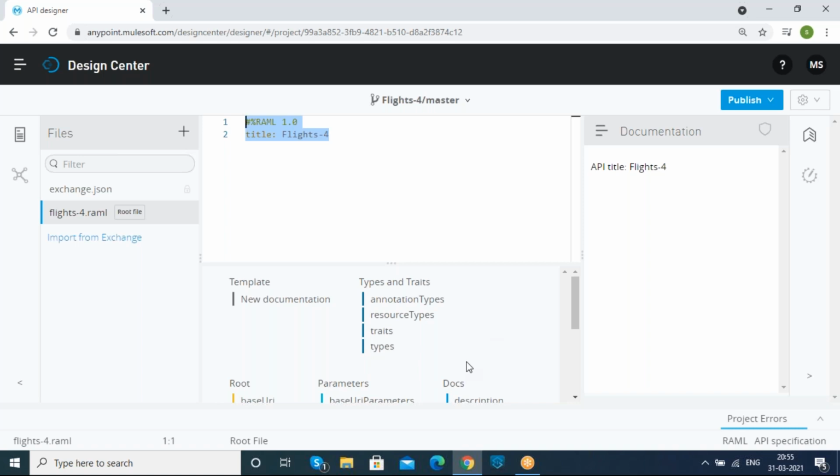Based on the requirement of our project, we will be dragging and dropping the options. We are not going to hard code any of the values over here.